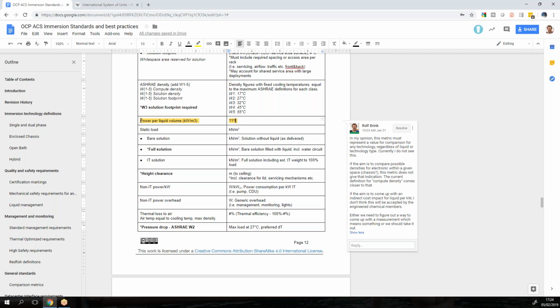We have not been able to achieve that yet. Is there anyone who has an idea on achieving one of these goals? Or the goal to come up with an electronic density description that is generically applied over any of the technologies? If not, I would like to propose that I remove this